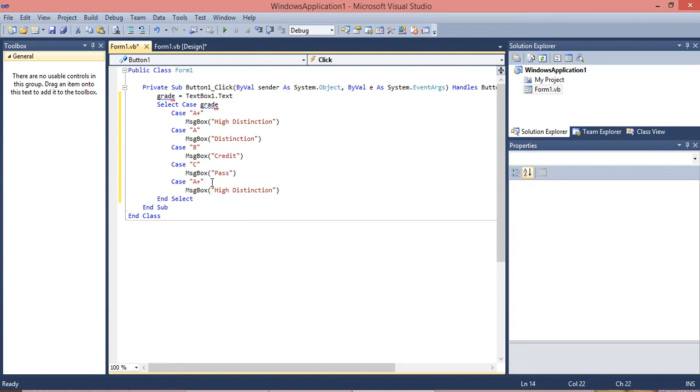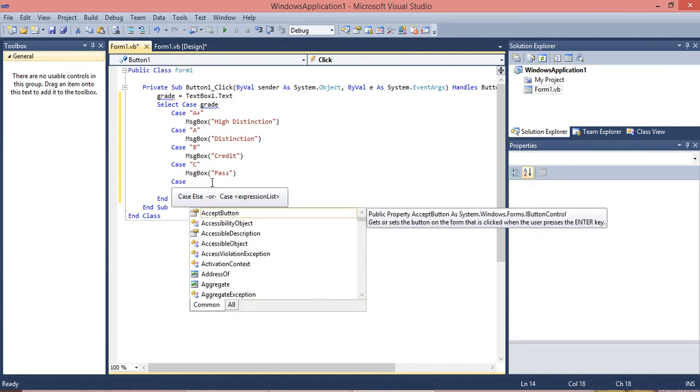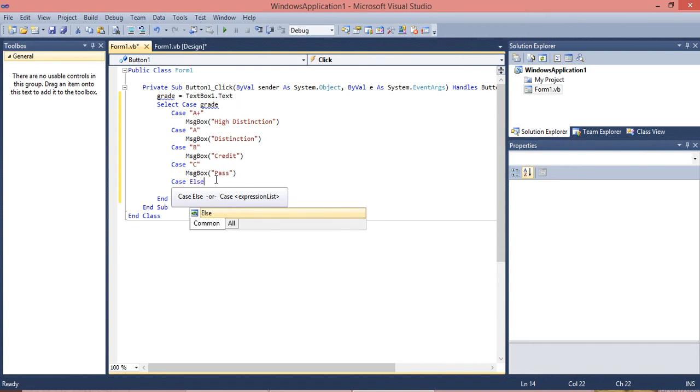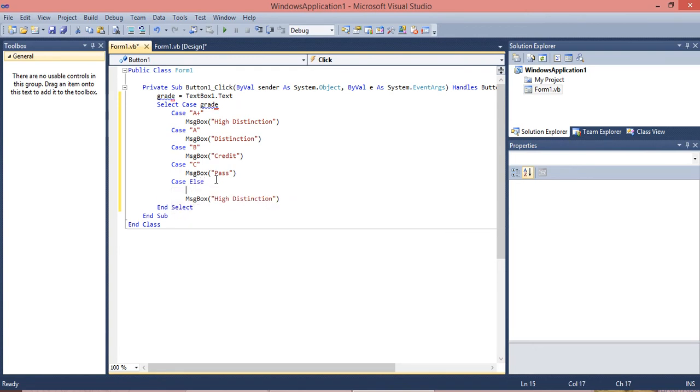At last, other than these four, if we type any other alphabet like E or F, whatever it is, it is Case Else, and it has to display the message Fail. So remove this, select this and type Fail. Here you can notice that some error is there. Why? Because we didn't declare the variable using the Dim statement.